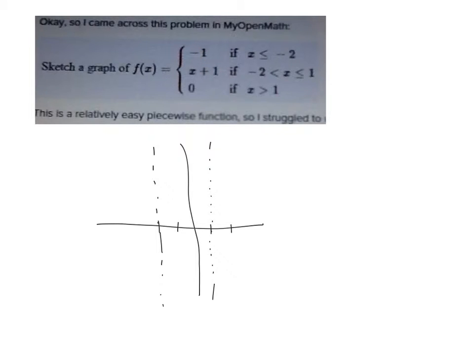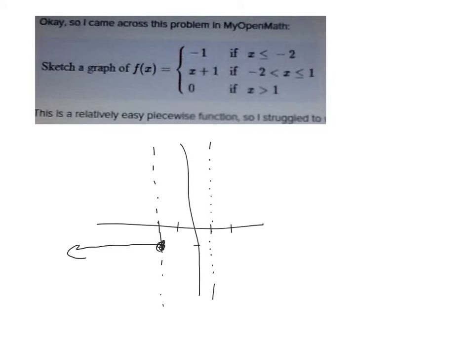That tells me I'm going to have a filled-in dot at -2, -1. So there, I've got that filled-in dot, and then it's just a horizontal line, and I shade it to the left. Now I get to graph the second part, which I'm supposed to use between -2 and 1, and it's going to be an open circle when x equals